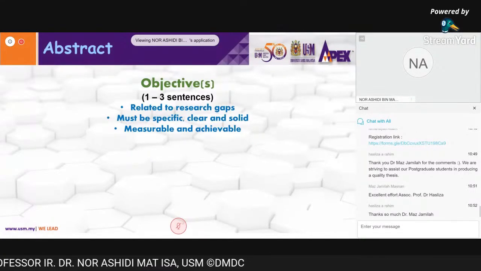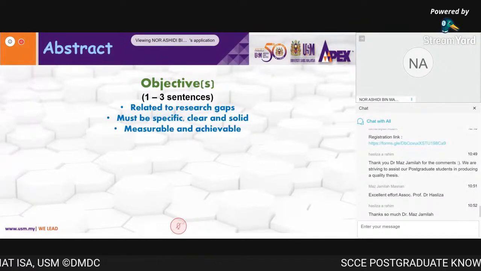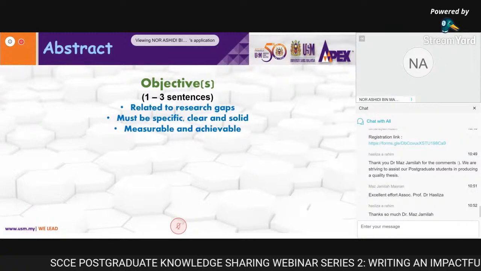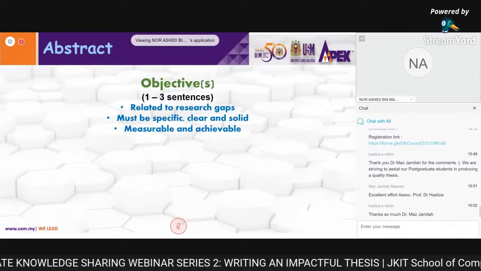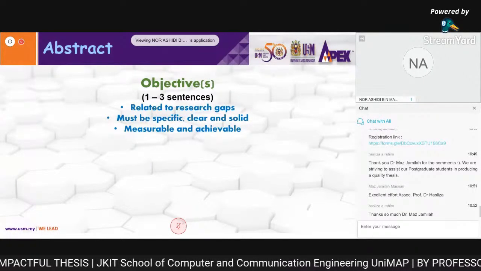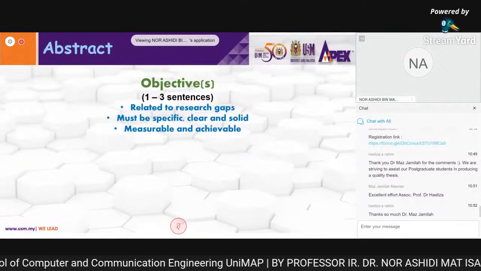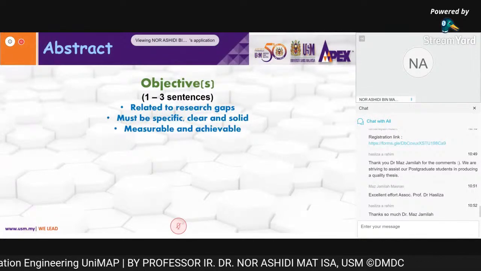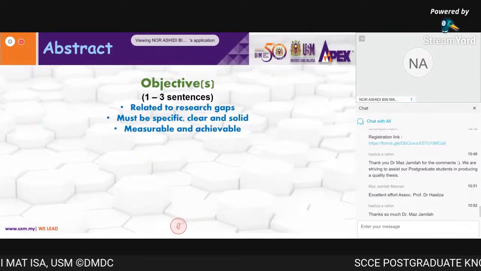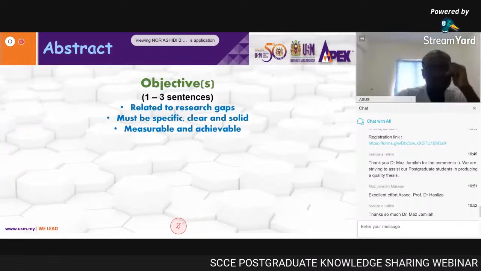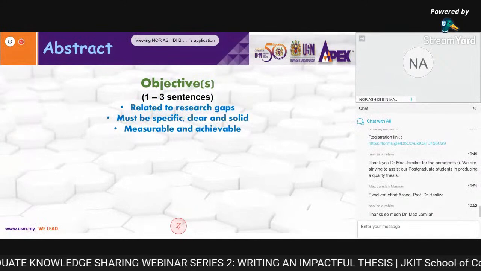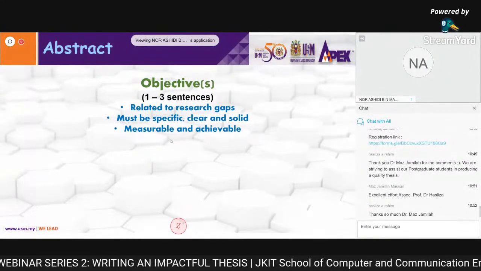So that's why, do not be too ambitious. The word novel and the word robustness and others, please do not use them. Excellence is a big word. You must make sure that you use the correct and appropriate terminology. Excellence means there is no limitation to your work, but at the end of the day, there is a limitation, I'm sure. So please use appropriate keywords and do not be too ambitious. It must be achievable.